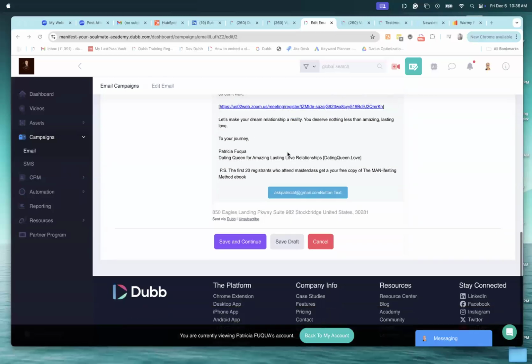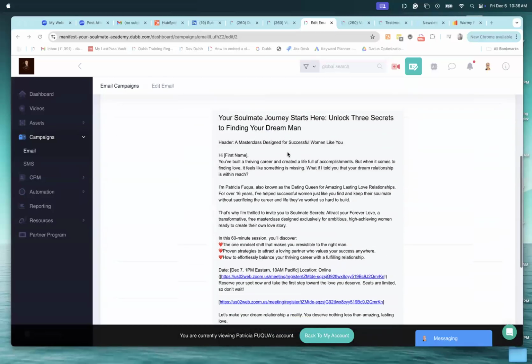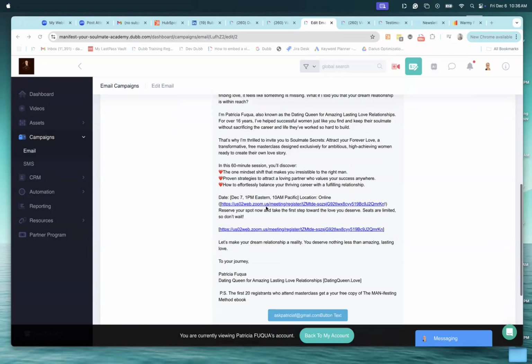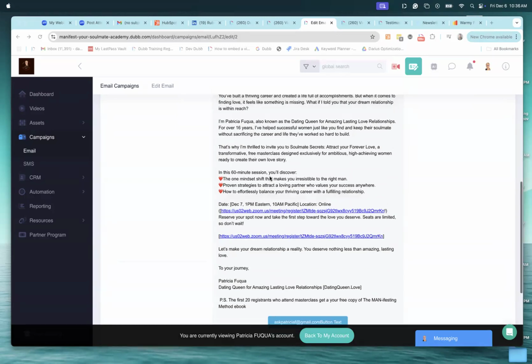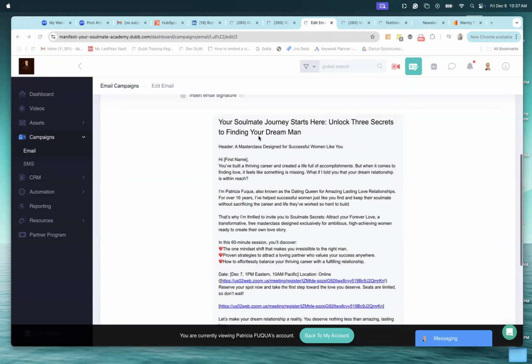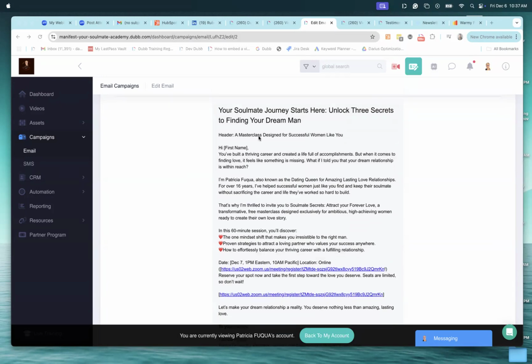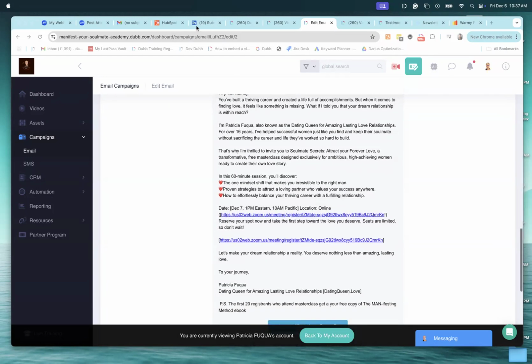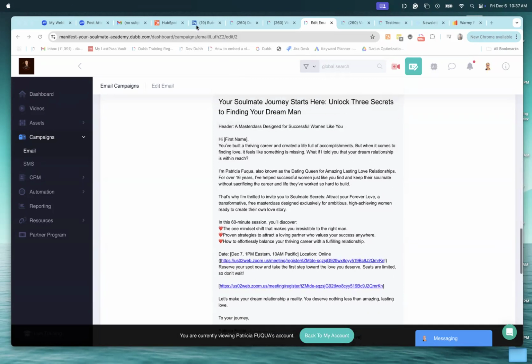Okay, so then we used a very large template. I also don't recommend that. I'm not going to go into super detail, but just really quick, this is what I mean. I don't recommend sending templates like this because they don't look very personal. They don't look like I reached out to you because you're important to me. It looks like I probably sent this to hundreds or thousands of people. So in the beginning, I would definitely recommend just a simple looking email, like